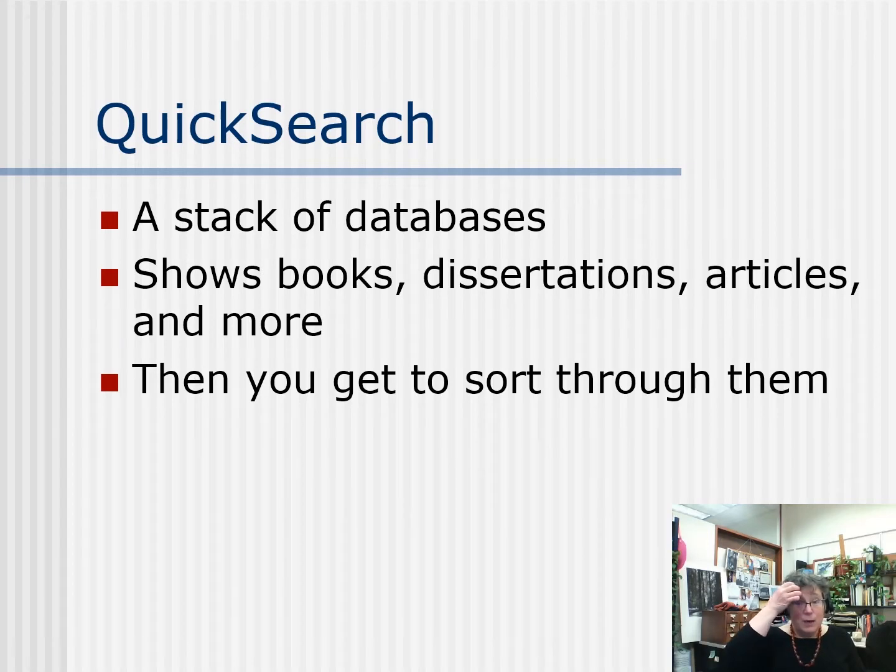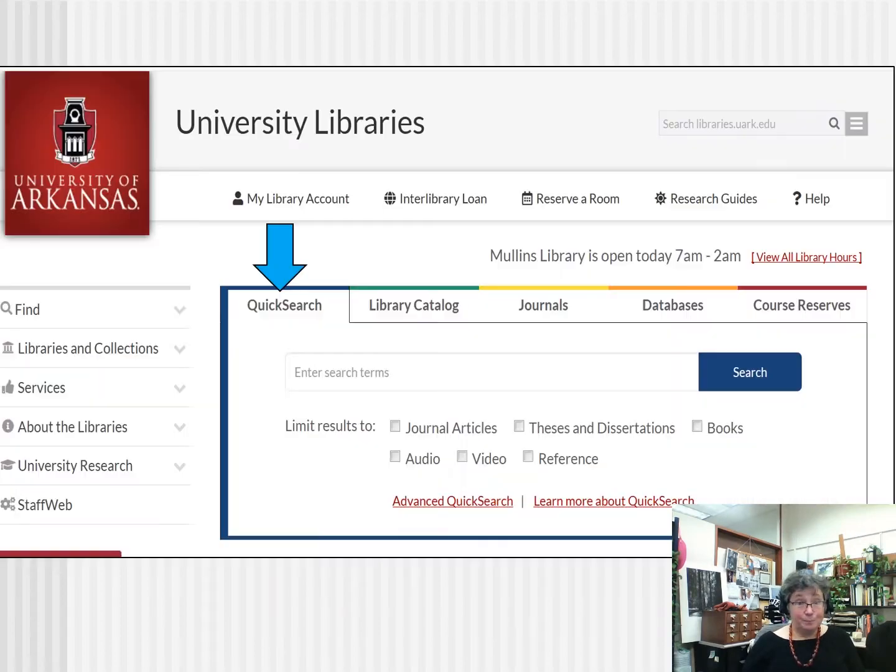One of the databases we have is a big stack of databases called Quick Search. It's right up front when you go to the library's databases, or actually to the library's webpage, and a lot of people use it frequently because it is kind of a Google-esque search. It looks at books, it looks at dissertations, it looks at articles, and then you can spin through them and see what's useful to you. It's this right here, first tab, so you can plug your search into the search box and then check off what kind of materials you want in that list underneath, and that will make it a tighter search.